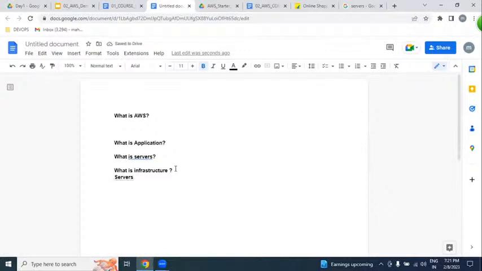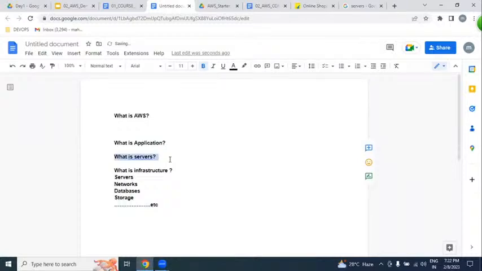We require servers. We require networks. We require databases. We require storages. These are all the major infrastructure required to maintain our websites on hundreds of servers.